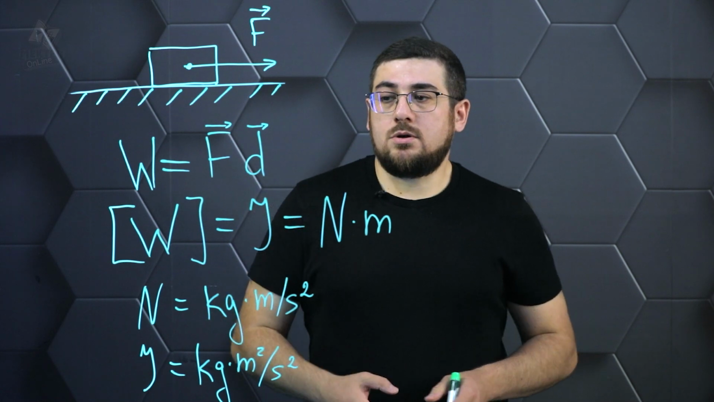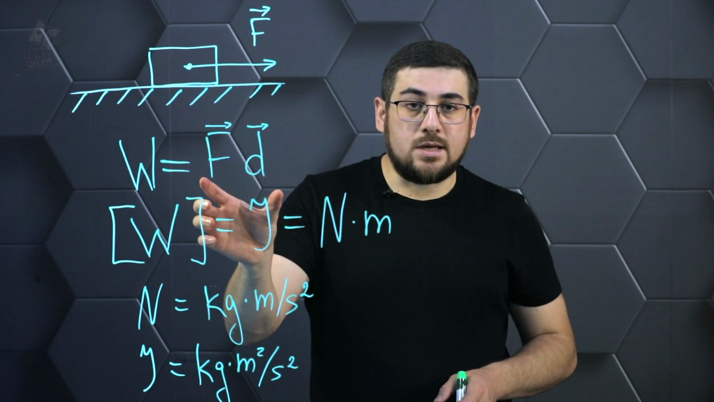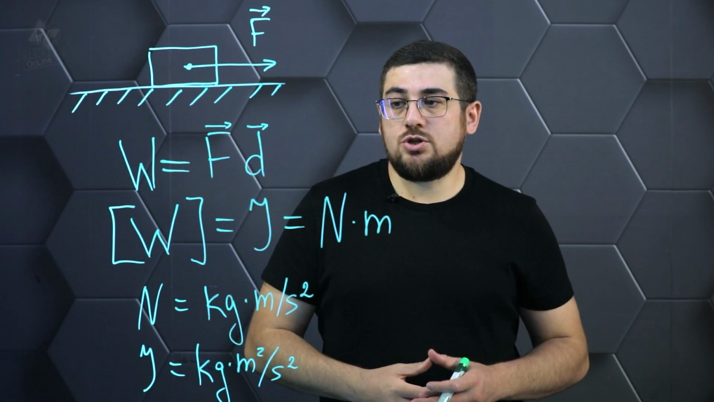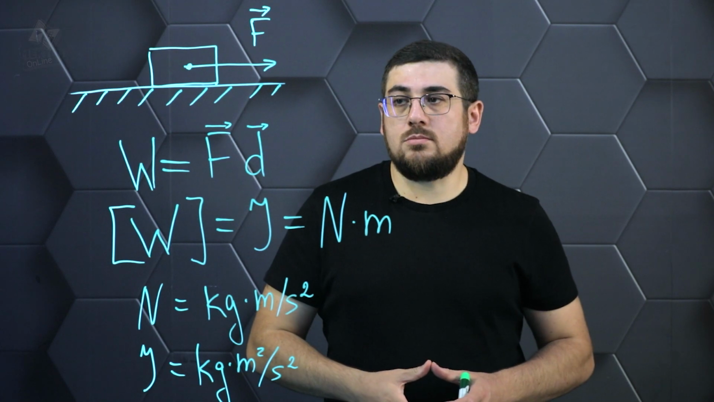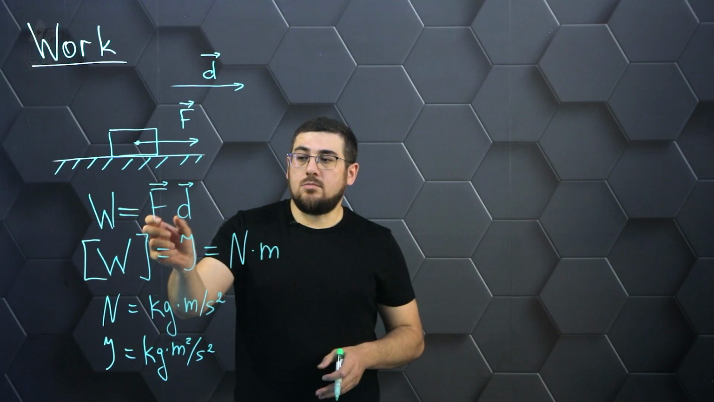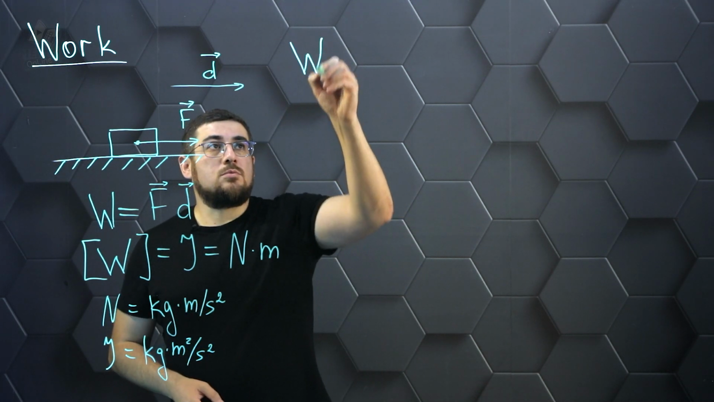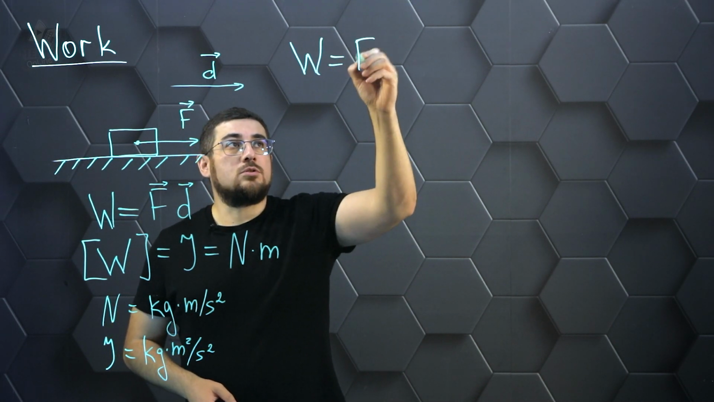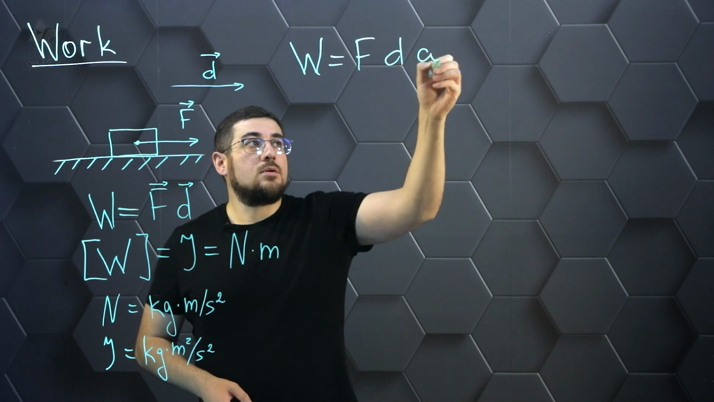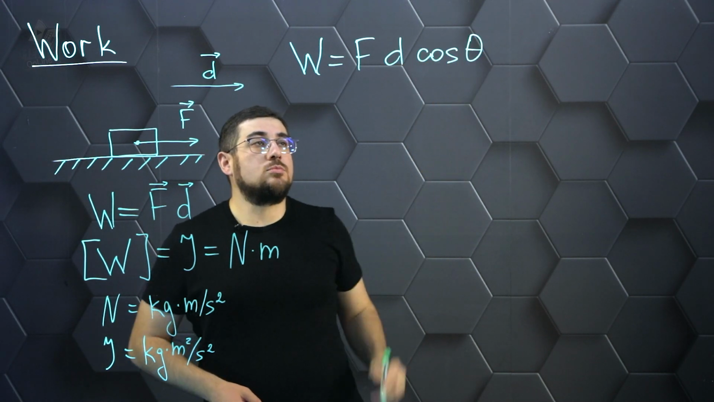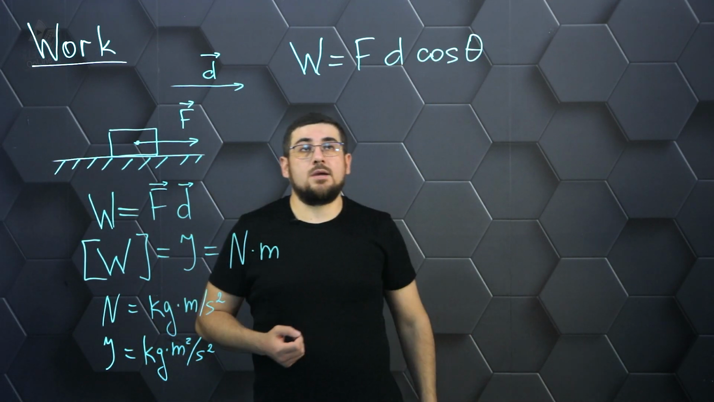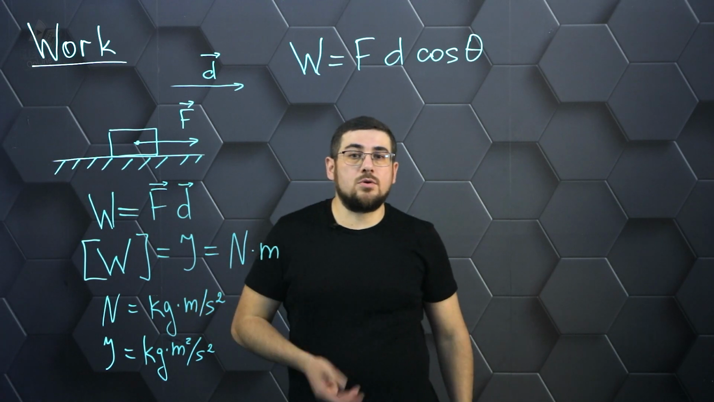So now let's look a little more closely at the scalar product of force and displacement, and remember that we can write it through the moduli of the corresponding vectors and the angle between these vectors. As a result, we get a formula that will already help us to calculate the magnitude of this work. Given that we know three parameters: the force, the displacement, and the angle between these